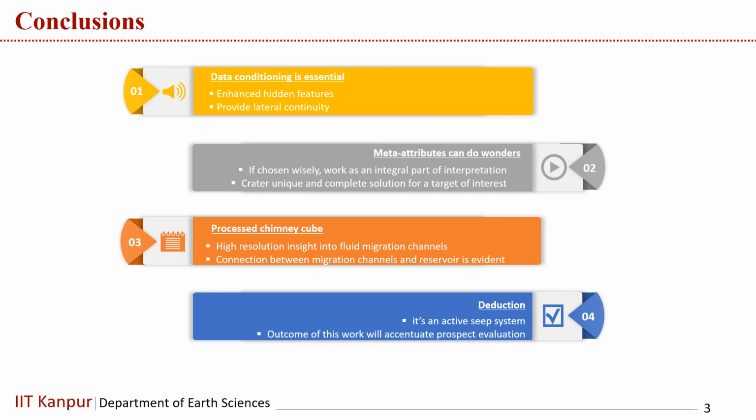and our gas chimney results are perfectly matching with the pockmarks or the seabed features. So it suggests that it's an active seep system. That's why the gas was able to reach up to the seabed. So with that note, I would like to